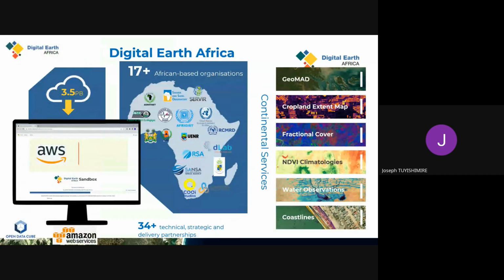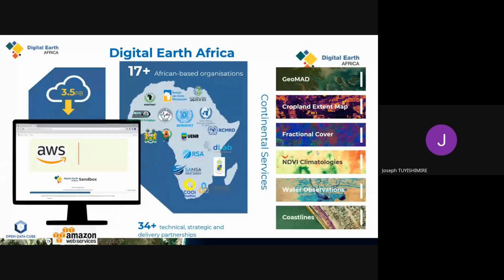The work was possible thanks to the collaboration with several institutions across the continent. And of course, our data are hosted in South Africa on the AWS server. Actually, we have around 5 petabytes of analysis ready data sets.